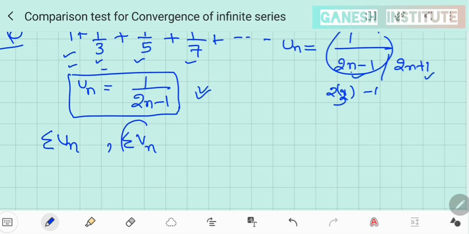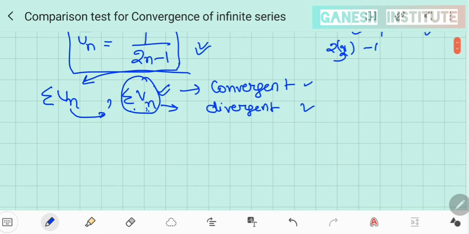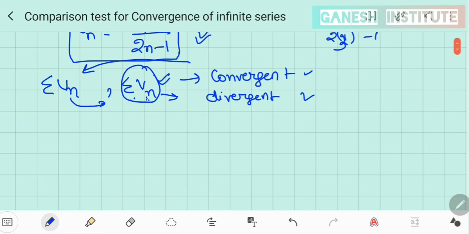If this assumed series is convergent, if you have proved that this is convergent, then un, because we are assuming vn from this only, would automatically be convergent. If this newly assumed series is divergent, then un would be divergent. Now you can ask, the question is stuck with the same thing: how will we find whether this particular series is convergent or divergent? So for that we have this test.